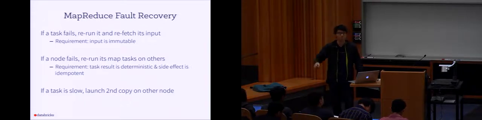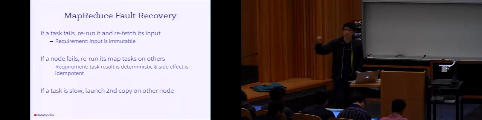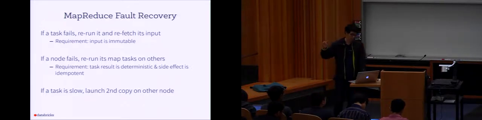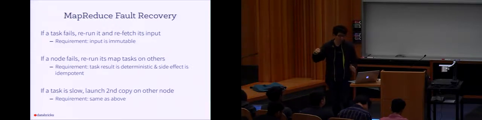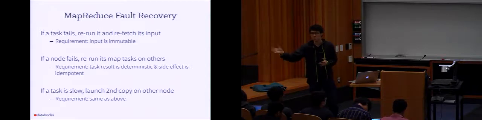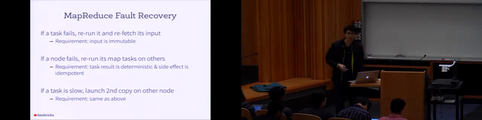For example, maybe you're launching 1,000 tasks, and one of the task runtimes is, say, 3 standard deviations greater than the median. Then you consider it a slow task. And how would you mitigate slow tasks? There's a very easy way. You just launch it on a separate node. Hopefully, the second node is actually much faster than the current node. Now, there are cases where this won't work.